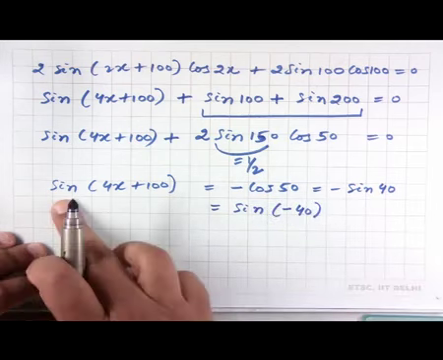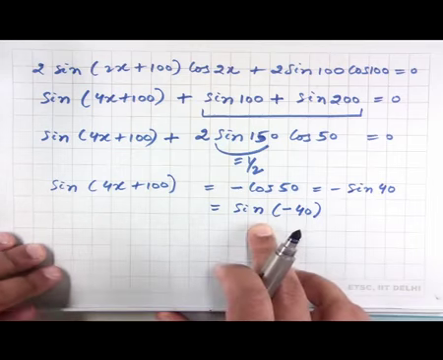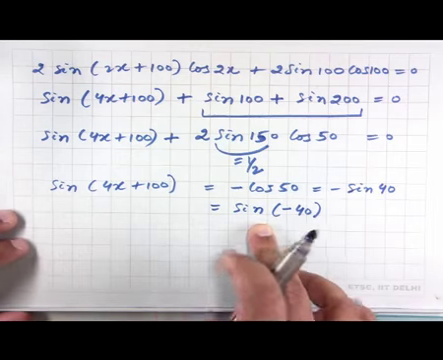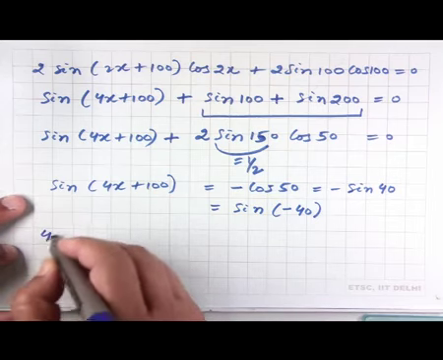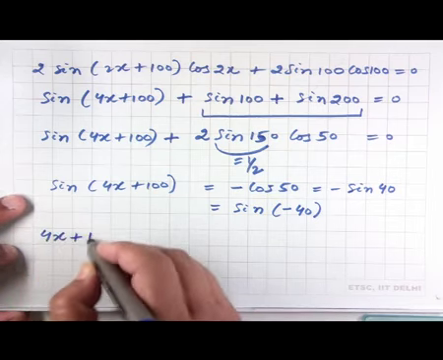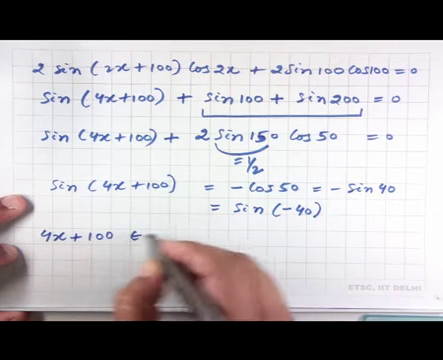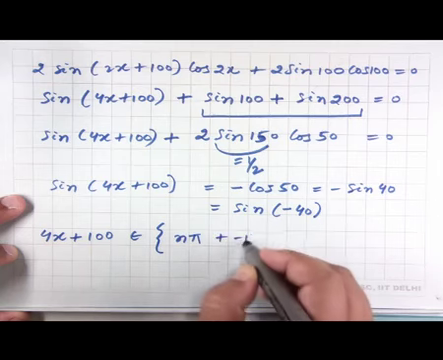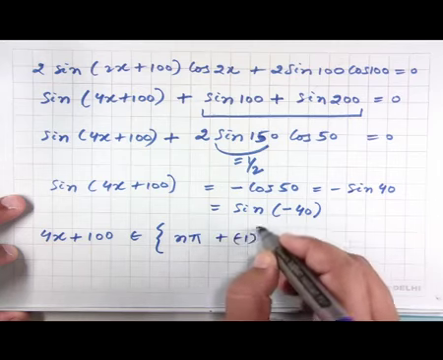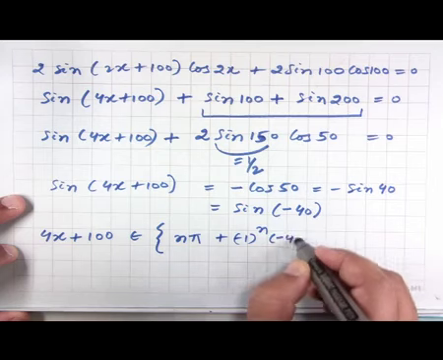So, again we have the form sine x equal to sine y, for which the general solution will be given by 4x plus 100 belongs to this set n pi plus minus 1 to the power of n times minus 40,